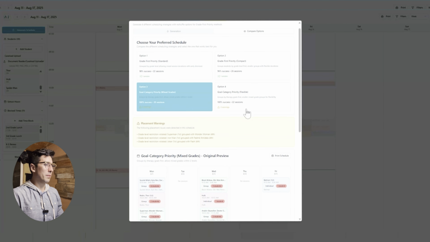And then of course with option 3 and option 4, you have 100% success rate. It's just you have those violations with the grade levels being scheduled a little bit off. And I'm pretty sure most of you are okay with that, a first grader being placed with a fourth grader, especially in extreme circumstances where you're only working 3 days a week and you have 30 students on your schedule or on your caseload. So the one thing I forgot to include in the video is the reshuffling of options